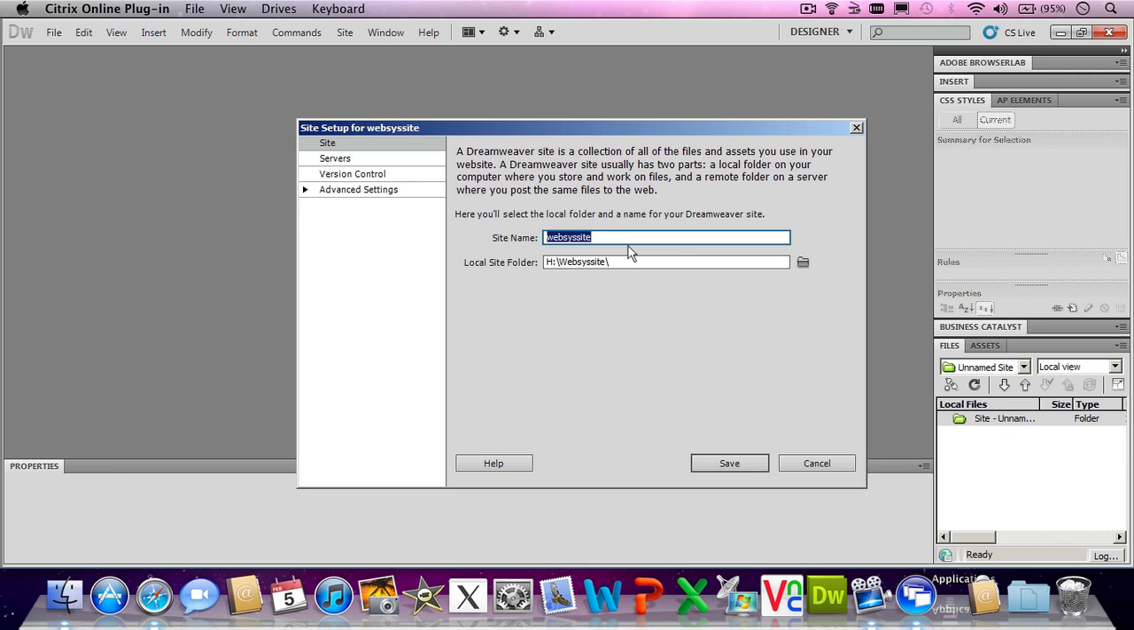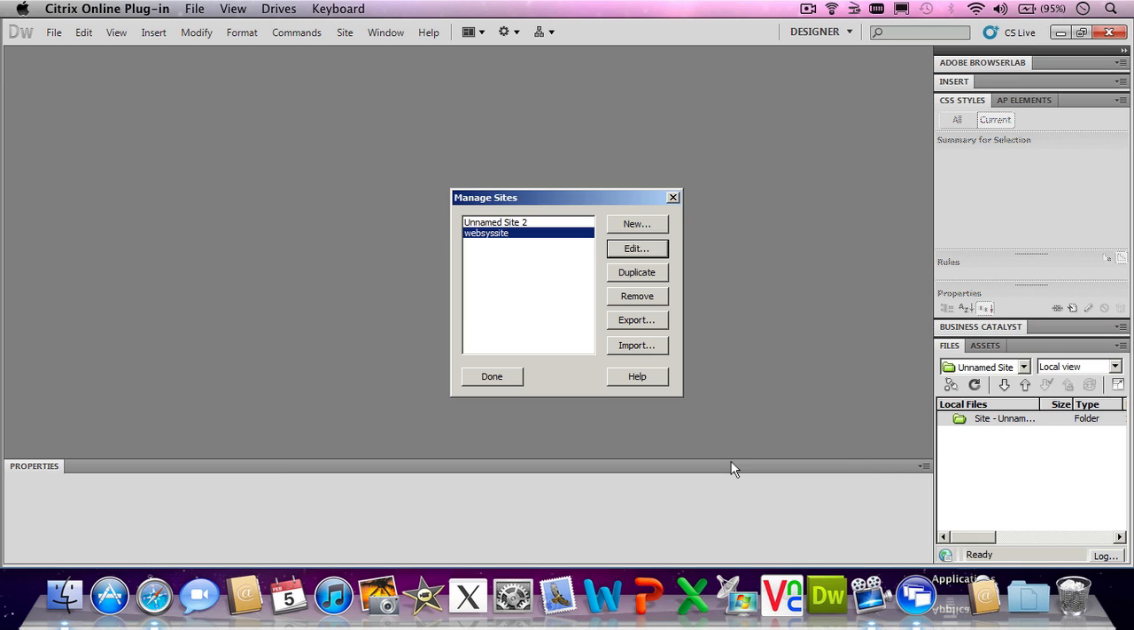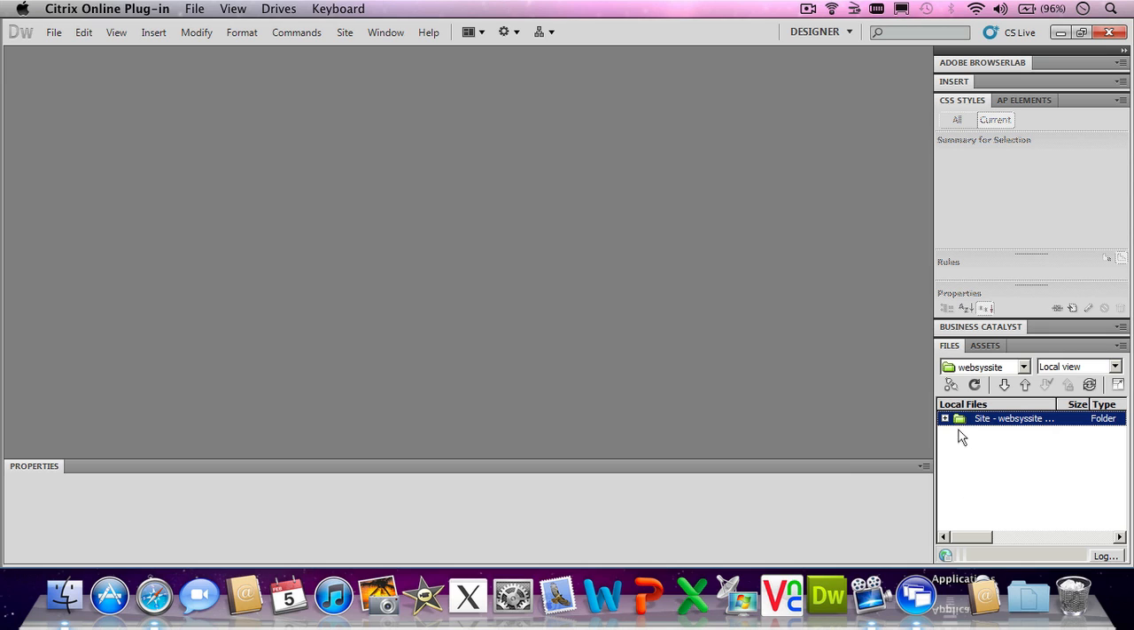If I edit it, you'll see that it says my site is on the H drive. If I go to servers, it's pointing to vleda.stern.nyu.edu with an SFTP connection, etc. You can click Save. We can now bring down the site, or look at the site. Let's click Done. Let's go over to the site,